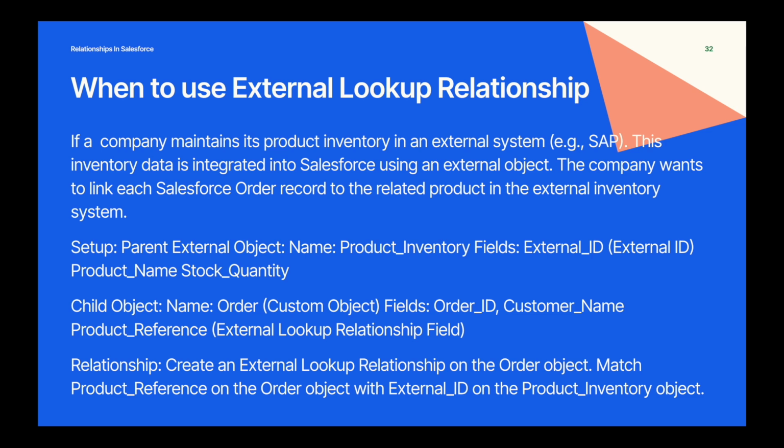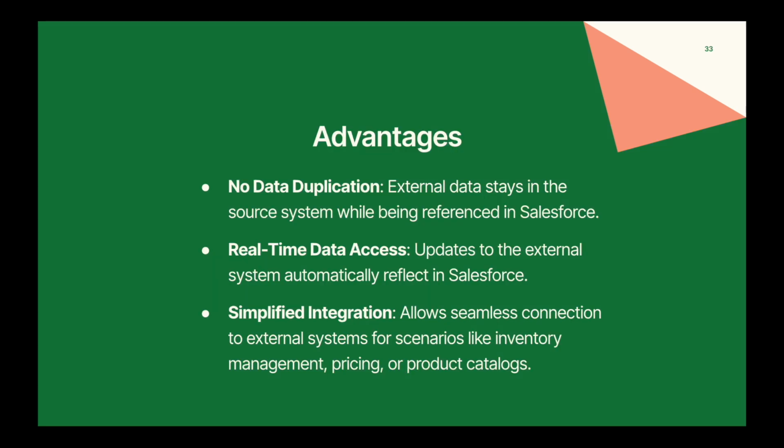Now what we will do, we will create an external lookup relationship on the order object which is in Salesforce, and match the product reference field on the order object with the external ID field on the product inventory object, which is an external object. I hope you could understand this. You will get to know more detail when you work on it exactly, but this is the gist of it. Whenever you want to reference an external object or any data residing outside of Salesforce, you will need to take the help of